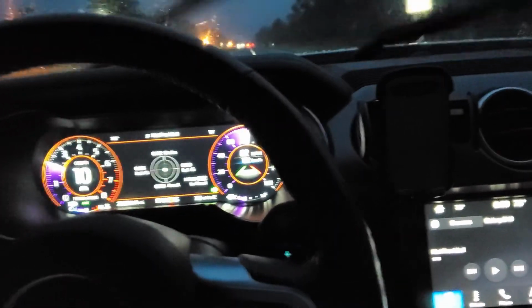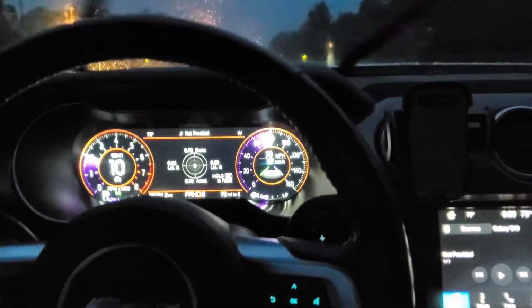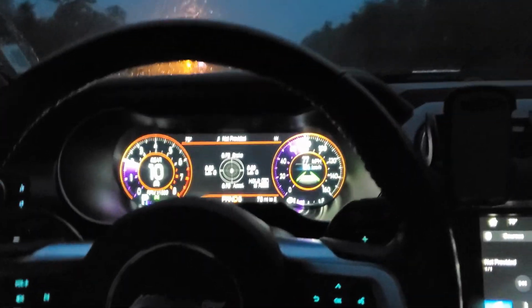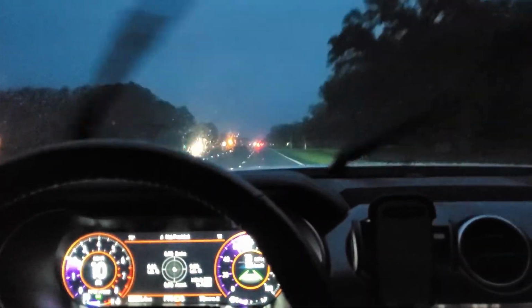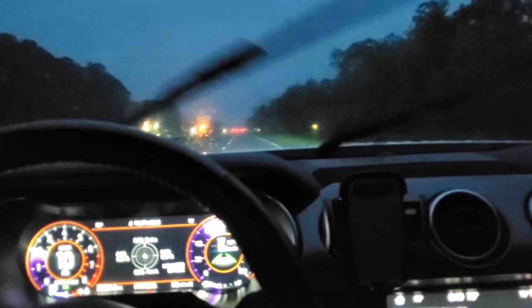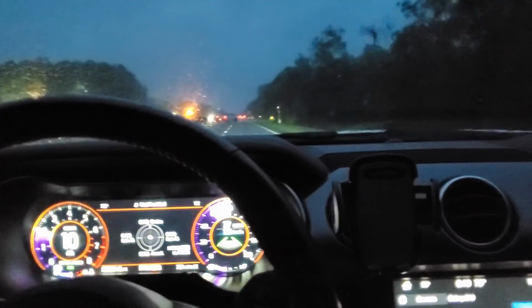Some of you might already be accustomed to these, but paddle shifters are a new thing for me. I've driven them before, in a couple rental cars that had paddle shifters, but what I noticed in this car is they work very well. And just the auto transmission in this car, and I'm not really an auto guy, none of my cars are autos, but